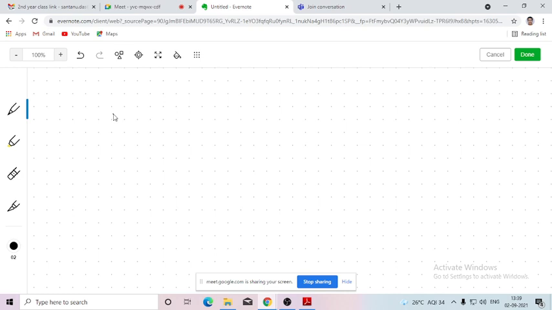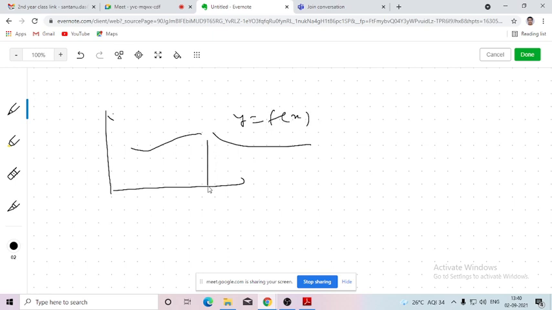Let us consider a function of one real variable. Let us say we are given a function y equals f(x) that is not defined at x equals x0. Discontinuity means that if there is a break in the locus of the function, then it is called a discontinuous function. That means there is a break. So we need to take an interval. First we need to check the existence of the limit.